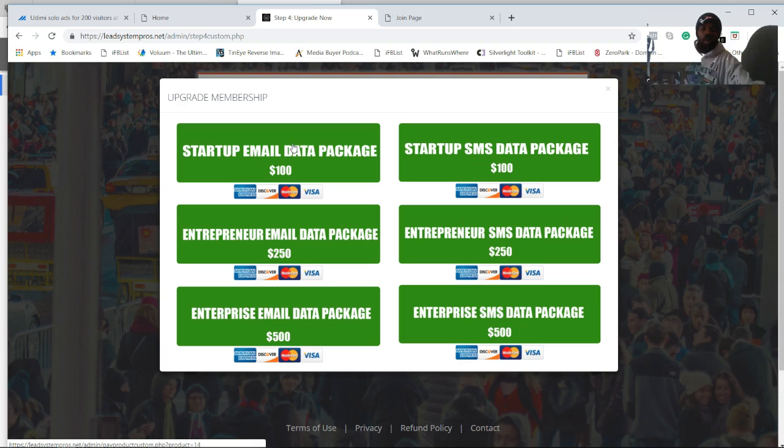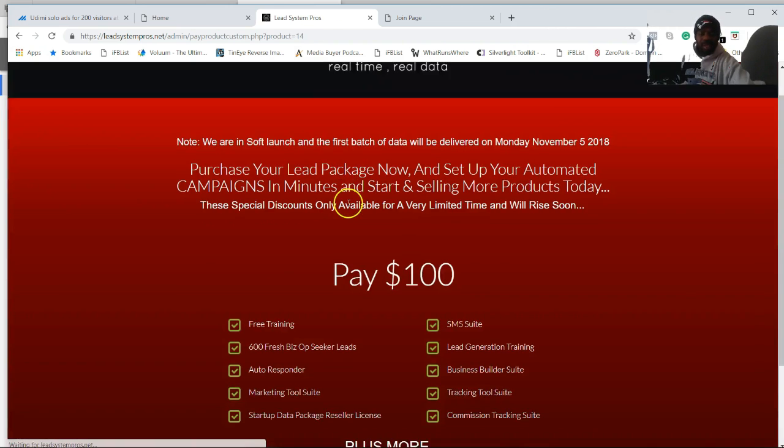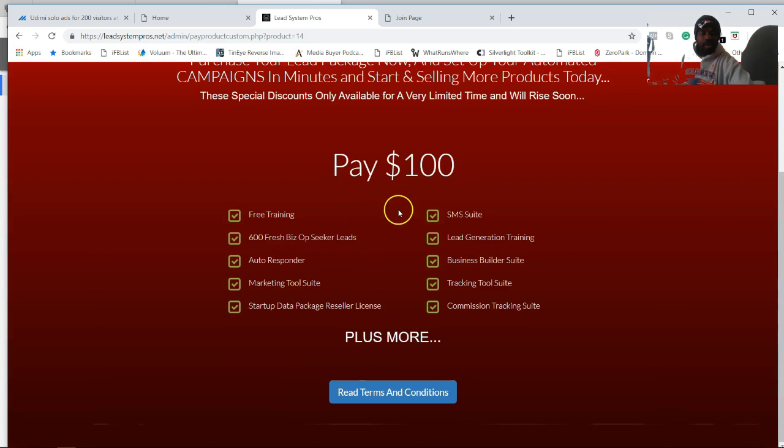Here's why. Not only will you get yourself 600 fresh email leads, but you will now have access to the back office, access to all of these stuff right over here that it shows you on the platform. But again, this is the reason why you want to purchase this, because you will get yourself 600 fresh email leads that you can therefore either upload to, if you're using an autoresponder like either GetResponse or Aweber or MailChimp,